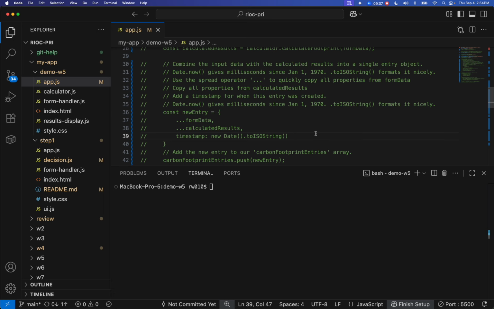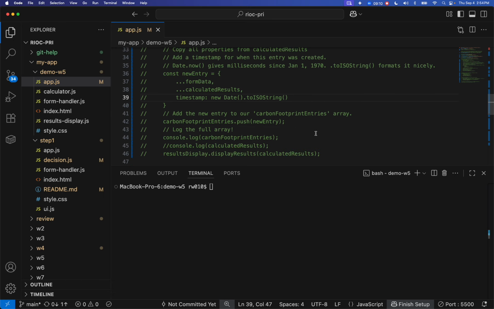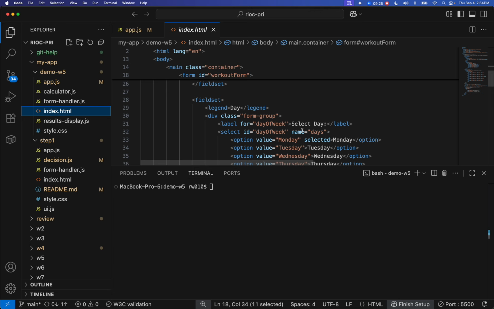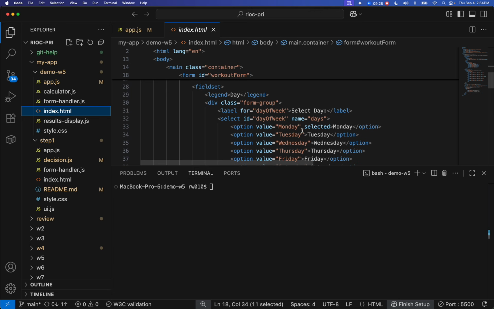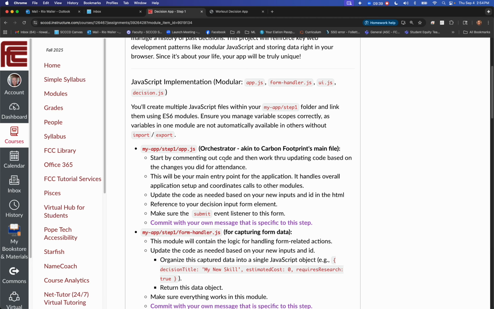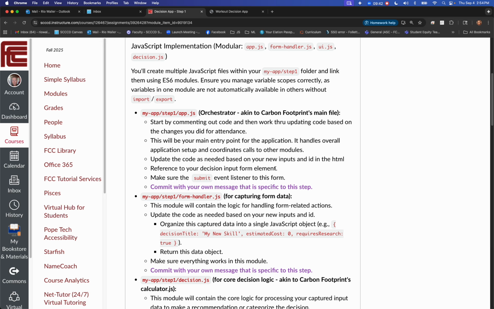But I guess I want you to just get the idea of you change anything that you saw was carbon footprint specific to your decision specific. And what that really means, and this is part of what I would have graded, is I would have gone through on attendance and looked to see if you updated all the things that I covered in there. And if you didn't, you'll want to do that before you start into this work. Okay, so again, I'm not going to go through it because this is where you really take what you're learning. Okay, and this is actually another way we're going through the code you've already done to see how well you understand it. Okay, so